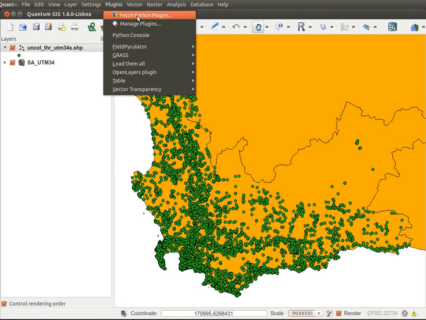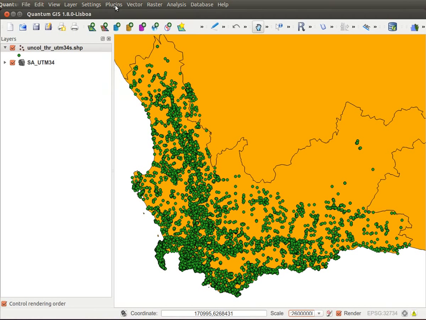You will need to add a few repositories to do that, but I'll leave that to you. So if you've got your point layer, that's this layer over here, the green dots, just check that your layer is projected. We're using UTM-34 South over here, but it needs to be a projection that you can do analysis on, so it can't be only in geographic